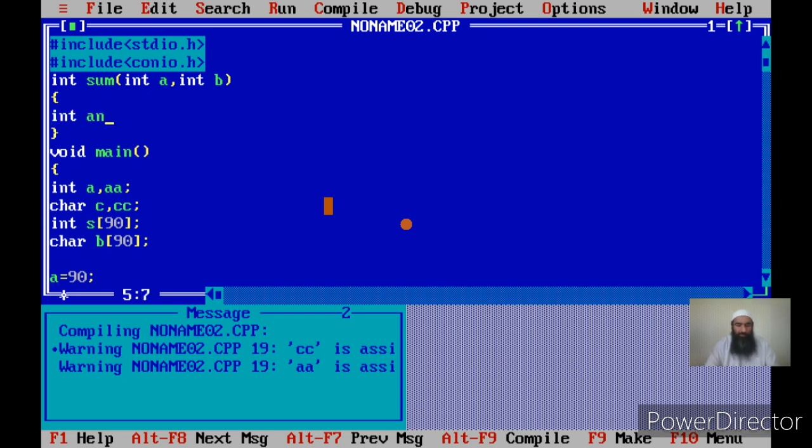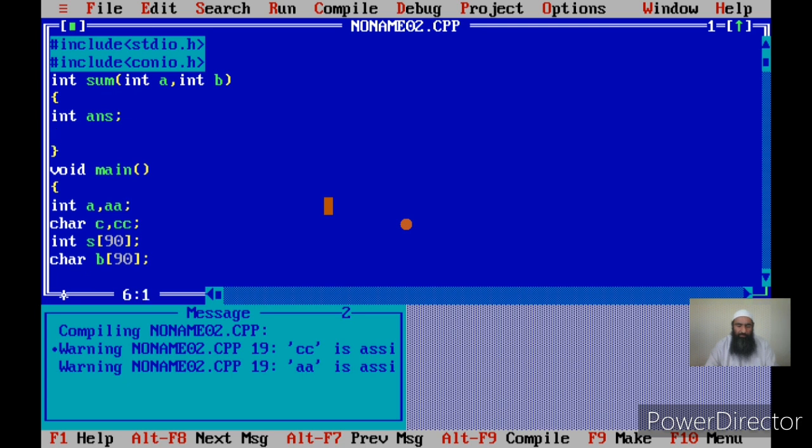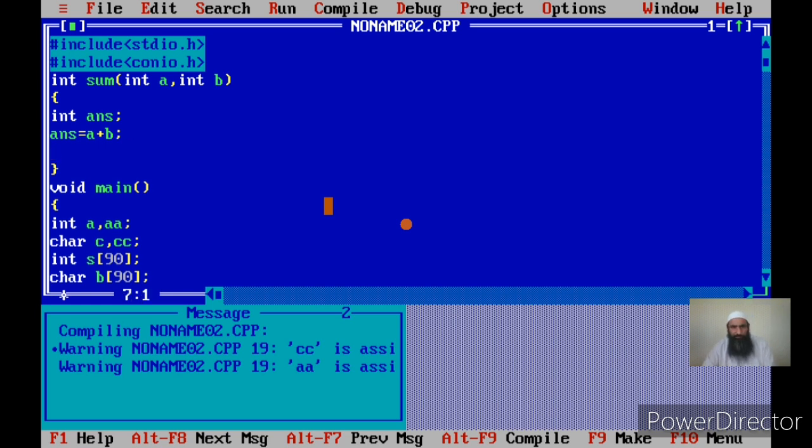Int answer is equal to a plus b. Then I can say return answer. Okay, we compile first.